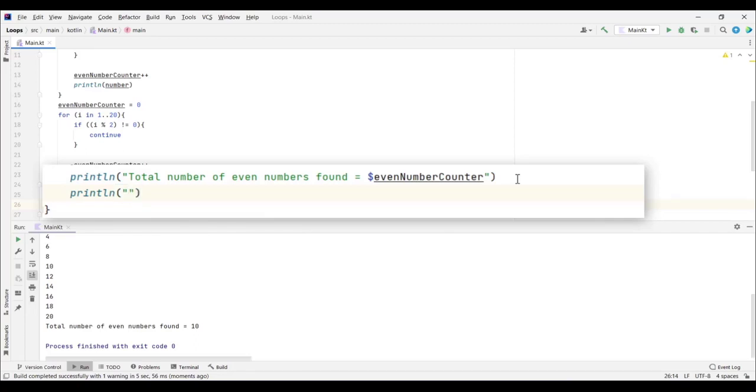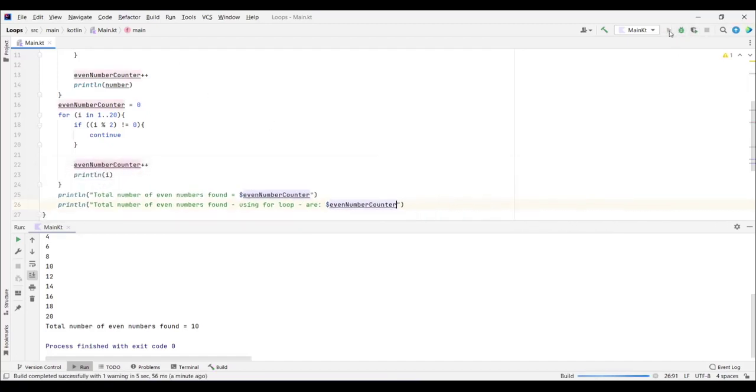Let's put quotation marks, and here I'm gonna type total number of numbers found using for loop are, let's put the dollar sign. Now let's refer our even number variable. Now if you run this,